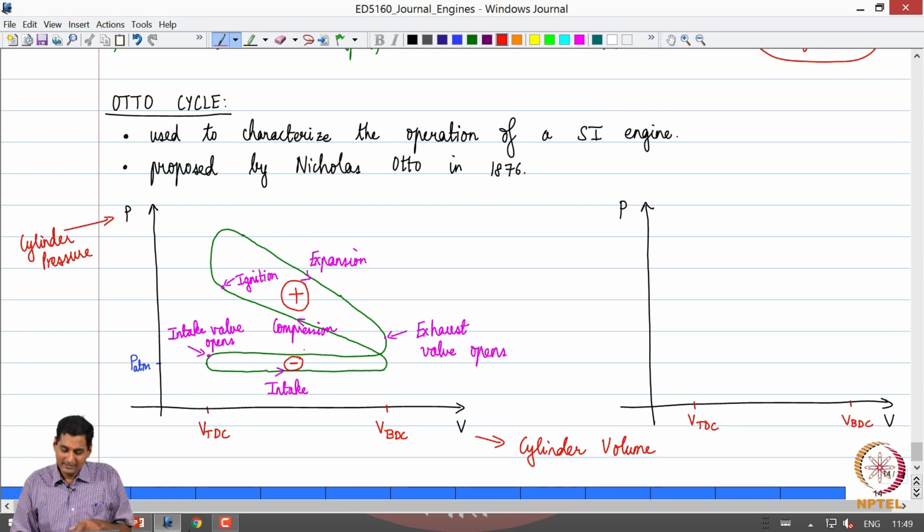But this small area is something where I need to provide energy, that is the engine needs to provide energy. And what is indicated by the positive sign is the one which is obtained as output. So, you can see that the work output obtained during the expansion stroke is used to, in a certain sense, drive the other strokes, and this area